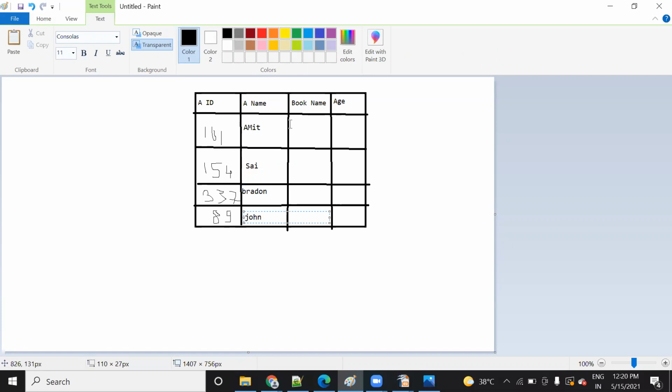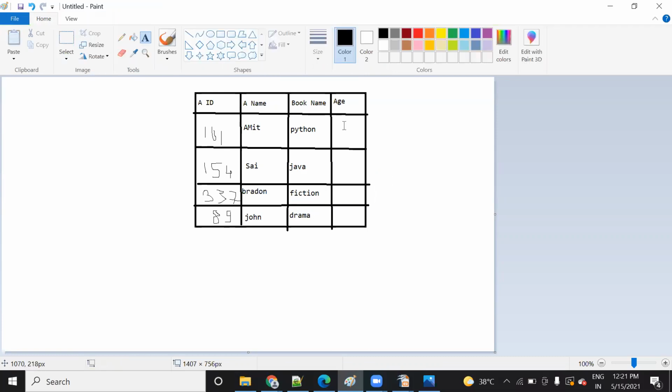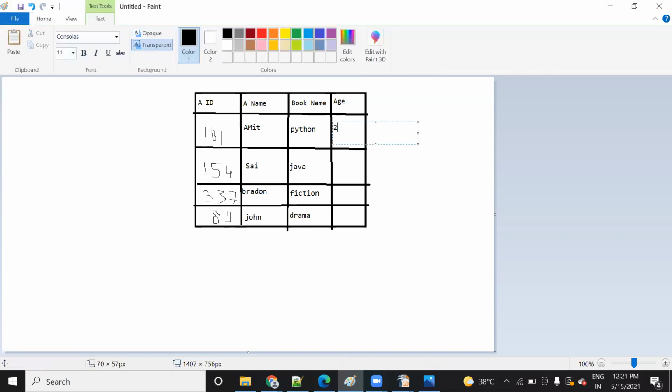And for book name, suppose Amit has written a Python book, Sai has written a Java book, Braden has written a fiction book, and John has written a drama book. And the age is 25 for Amit, Sai maybe 24, Braden is 55, and John is